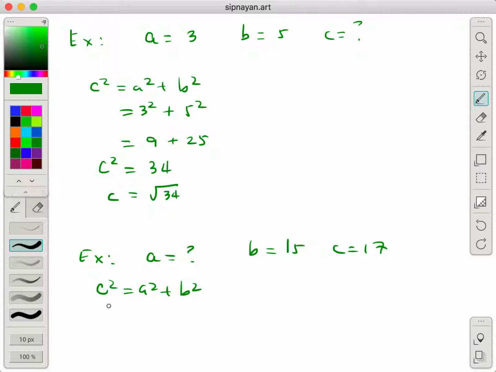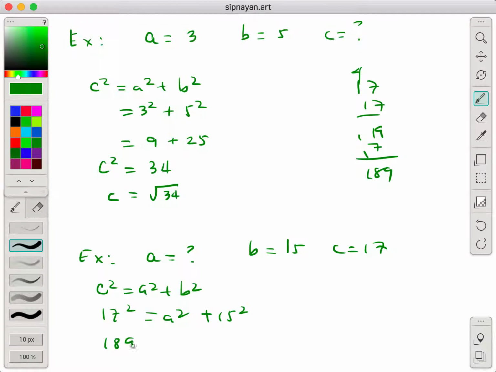What is C? 17 squared equals A squared, wala tayong A, so let's put A, plus 15 squared. So, anong mangyari? Ano ang 17 squared, but 17 times 17? This is 49, this is 4, 11, 7, 1. This is 189. So, 189 equals A squared plus